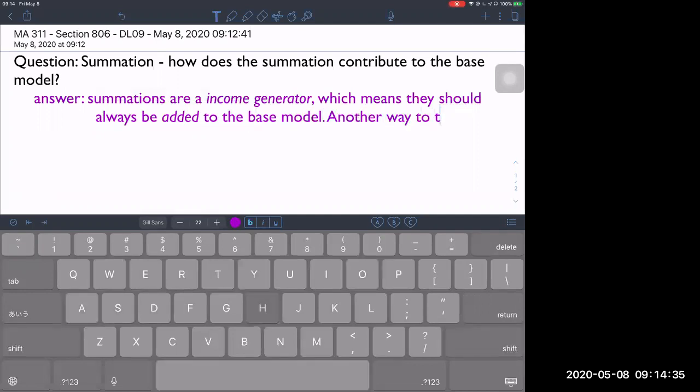Another way to think of it, summations are never subtracted